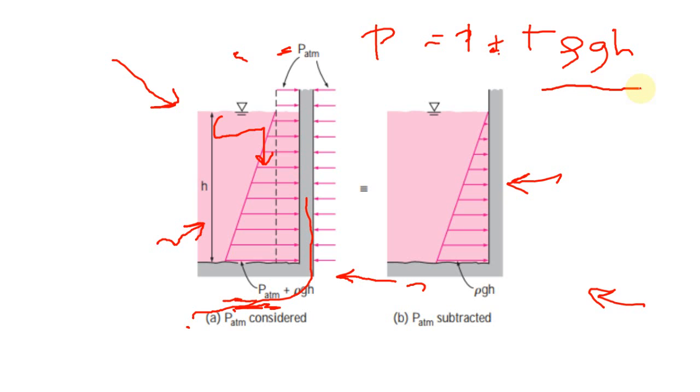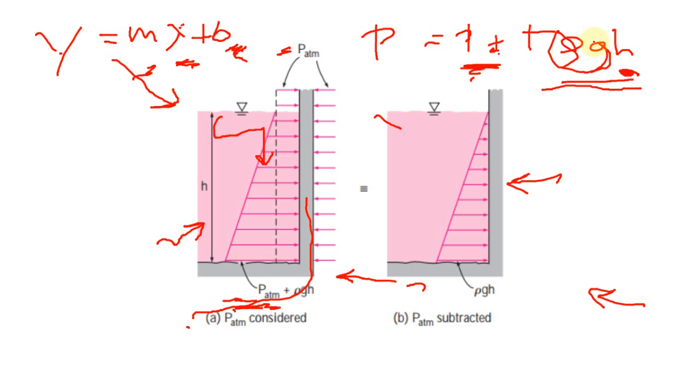now let's see how linear it is. Since it is linear, we have y equals mx plus b, right, in mathematics. So you have m being the slope, x being the independent variable, and b being the intercept. So in that case P atmosphere is the intercept, and h is the independent variable and rho g will be the slope, and g is constant, so